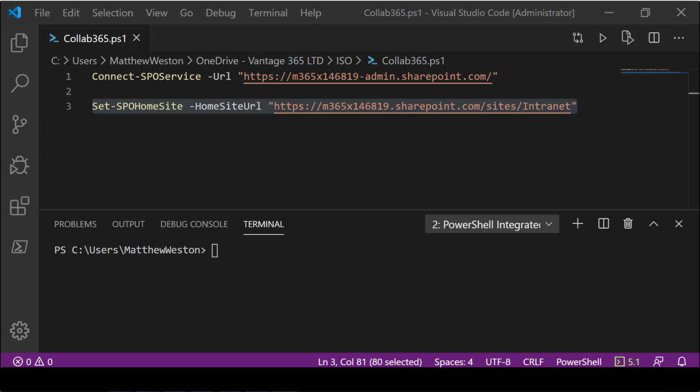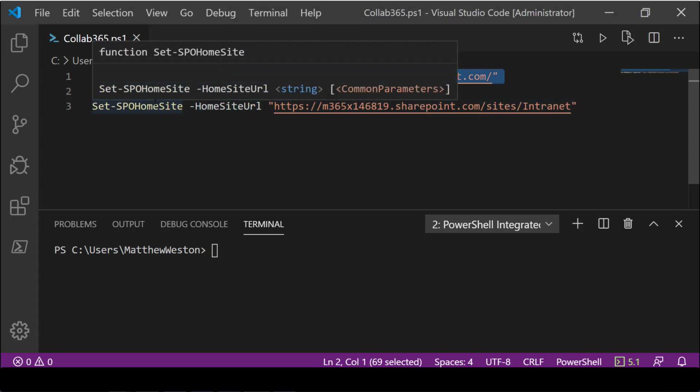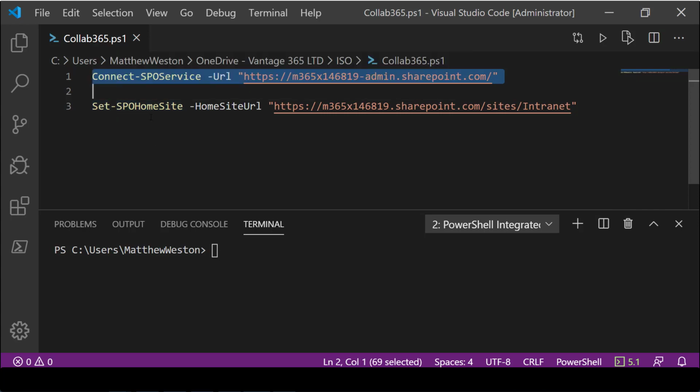logically sat above all the others, is to go back to a little bit of PowerShell. So the first thing that I need to do in my PowerShell is connect to my SPO service. Now, if you try and run this and you get the command that cannot be found, just make sure that you go and install the latest version of the SharePoint Online management shell, and then all of these commands will become available to you. But I'm going to connect to my SharePoint service, and I'm going to point out to everybody, just because I always forget this to start off with, is that when you connect to the SharePoint service, you need to connect to your admin site. So that's your